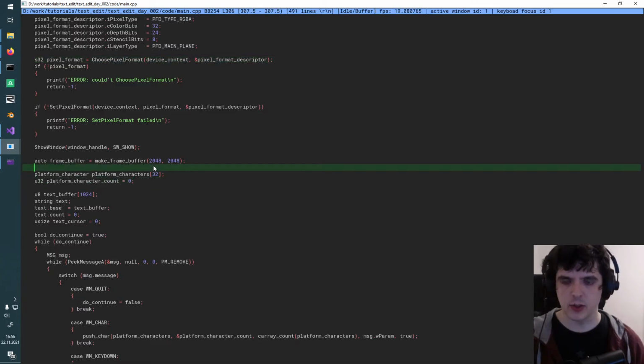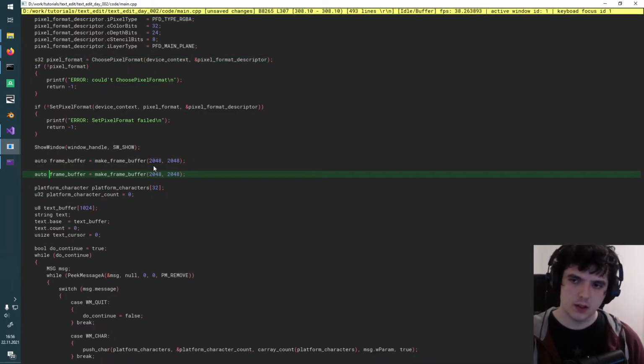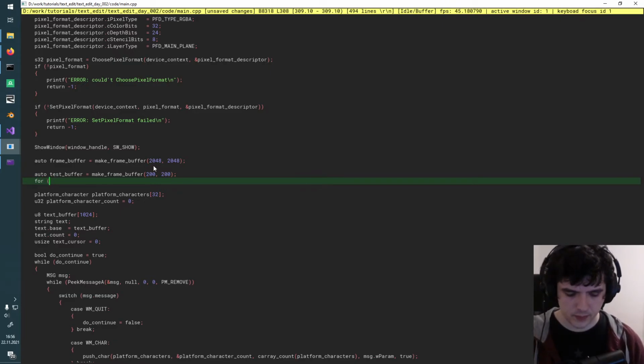as a texture to copy. I can just say something like it's 200 by 200, who cares? And what I'm going to do is iterate over it and say, first of all, I want to clear this thing. I want to clear it. So I want to say something like width